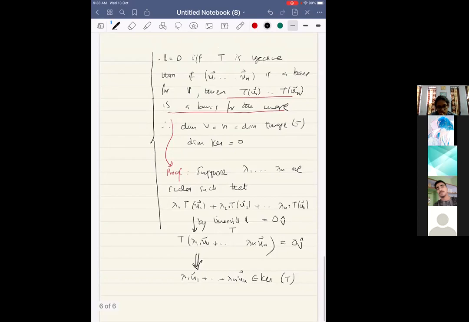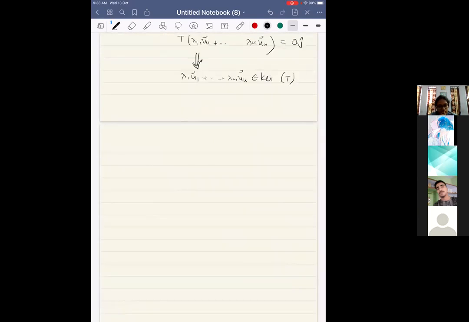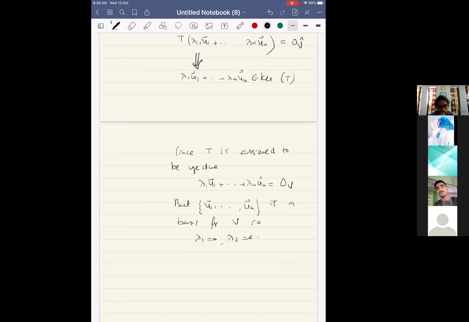But T is assumed to be injective, so lambda 1 u1 plus ... plus lambda n un is actually the zero vector of V. But u1, ..., un is a basis for V. So lambda 1 equals 0, lambda 2 equals 0, ..., lambda n equals 0. Which proves our claim,